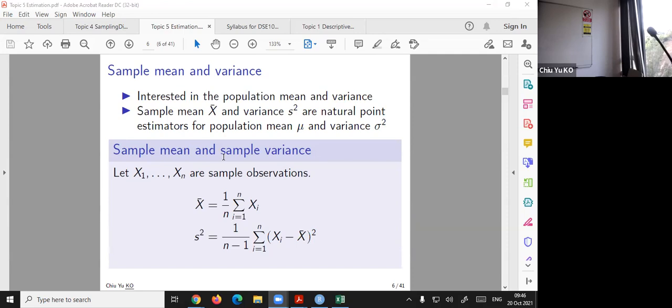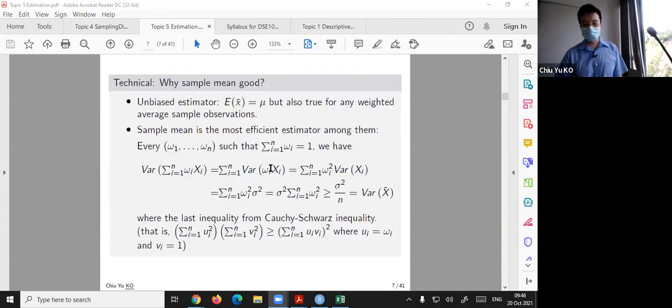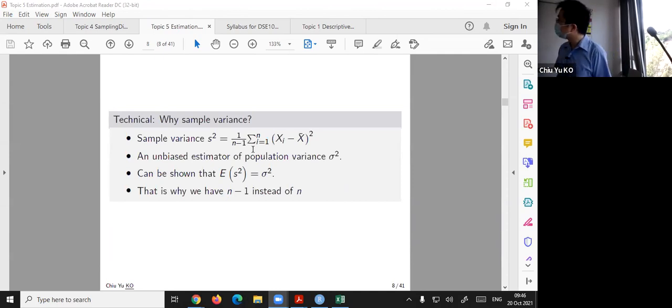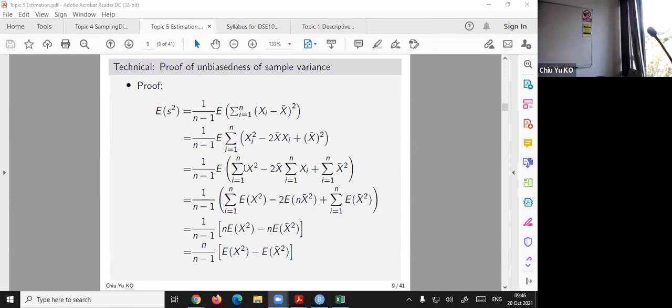Now, I also want to convince you that this is a good estimator. Why n-1? Because n-1 is unbiased. Of course, you can also show this is a consistent estimator. But anyway, I'm not going to do the proof because we said we are not doing any proofs in the class. The ideal proof is trying to show you this,